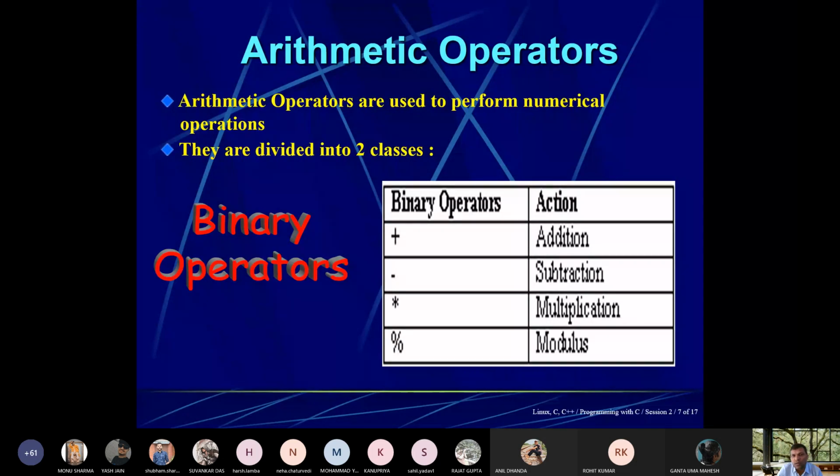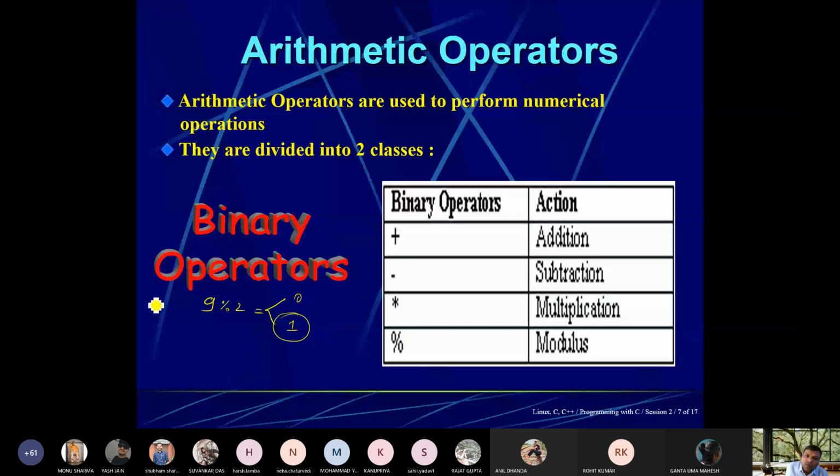So we already saw plus and star, but not minus. So we will discuss this in programming. And then modulus is a very simple operator. Whenever one number is written like 9 mod 2, what will be the answer? Either 0 or 1. So this time the answer is 1.